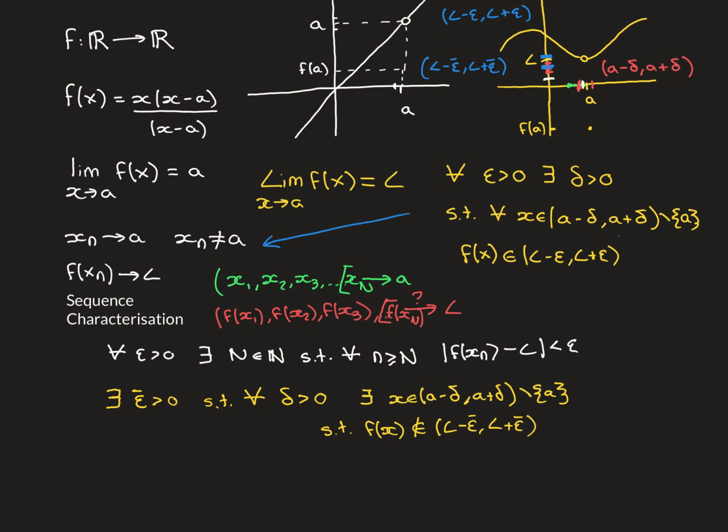So drawing that on the picture here, I have now made this blue interval around L, and I've made that our epsilon bar interval, so that's L minus epsilon bar to L plus epsilon bar. Then I've tried to highlight the red interval, once again our delta interval, and whatever delta interval you make, however small you make it, there must exist some point, which I've put in white here, that is not A itself, so some point except A inside that delta interval, that's that x here, such that x is being mapped outside of the epsilon bar interval of L.